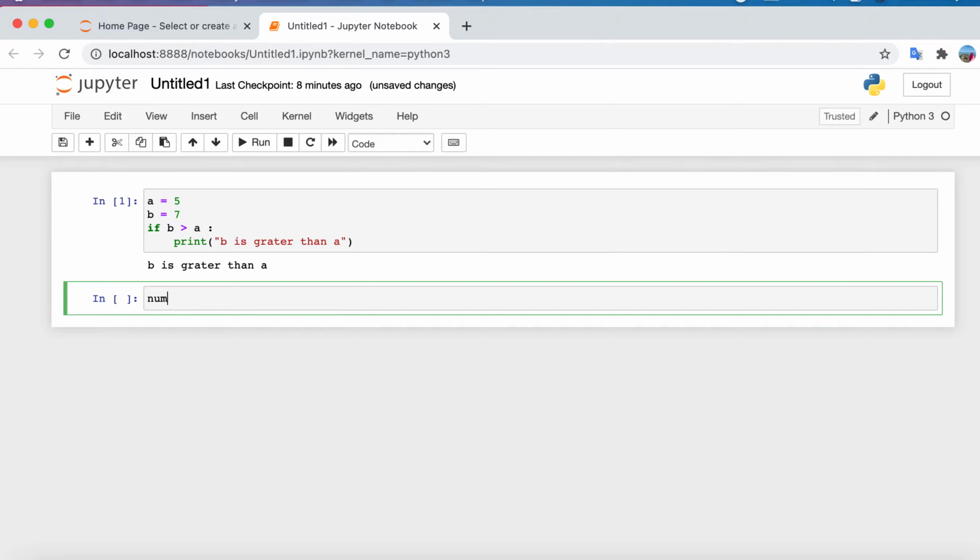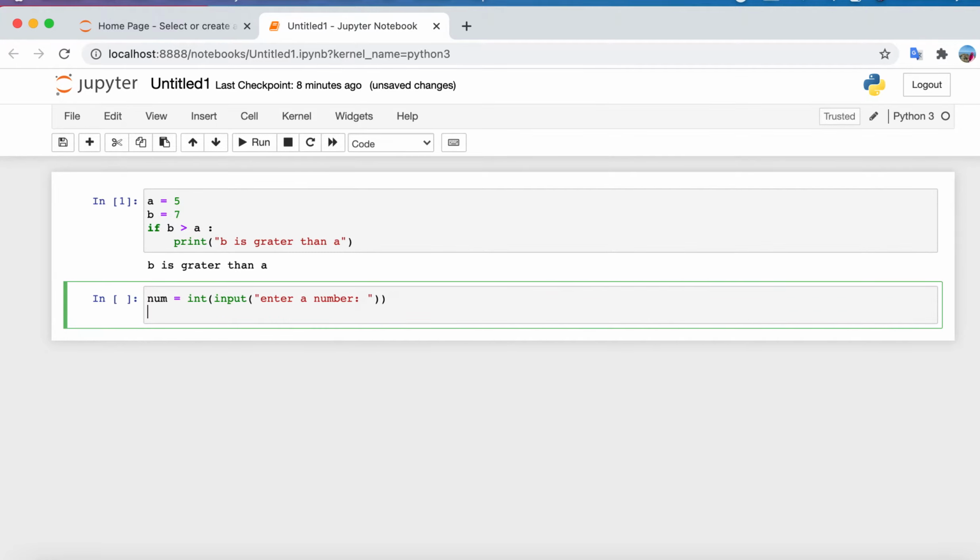So how can we write this? number equal to int, input, "enter a number". Okay, so now we can write if number is greater than or equal to 50,